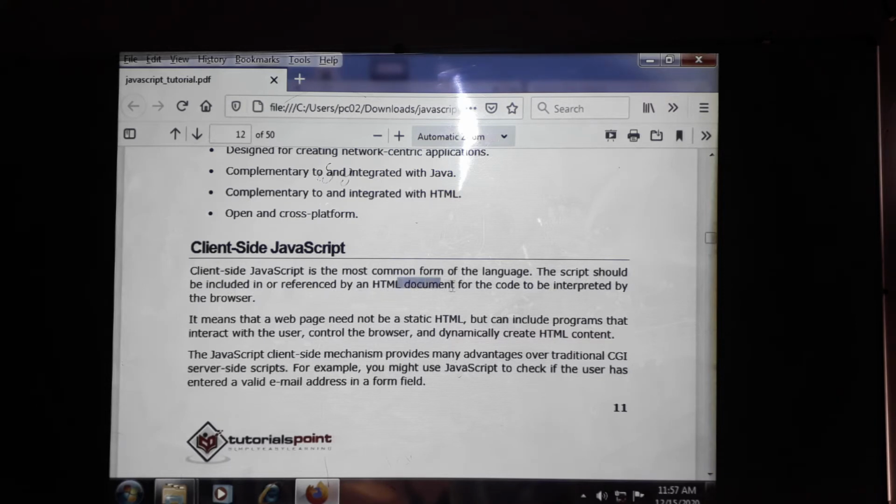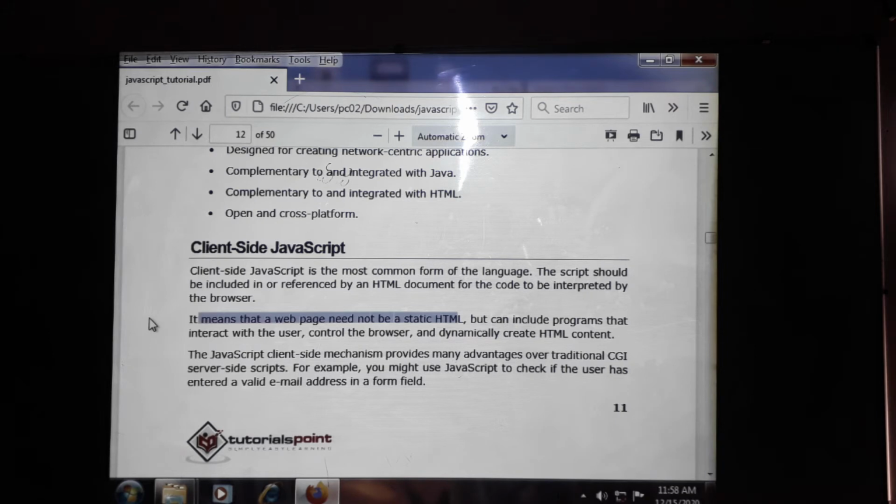We can place it in the HTML document. It means that the web page need not be a static HTML page. At that time we include the programs in the HTML document.